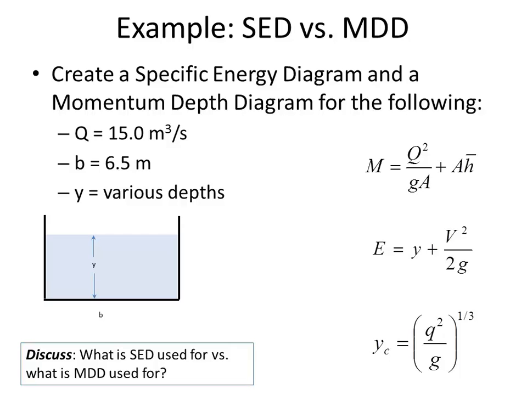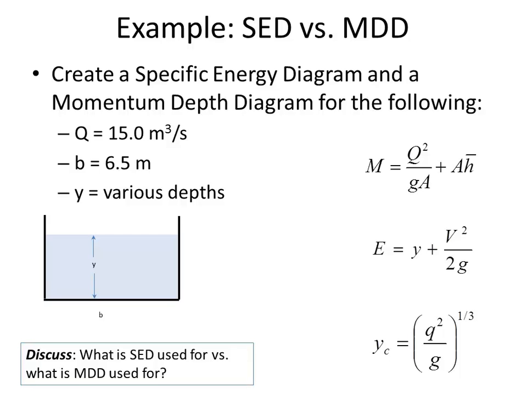There's going to be a variety of different depths. You're just going to choose a wide range of depths, and maybe a range of depths that we can solve over. Let's start at 0.2 and go all the way through 4 in increments of 0.2. So we'll go from 0.2 all the way to 4 meters of depth in steps of 0.2. So the next one would be 0.4 and so on.